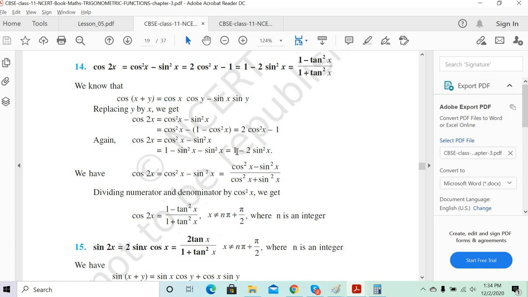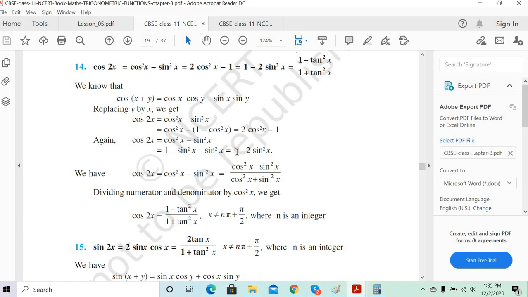See, what is the first identity you learned in the previous class? Cos square theta plus sin square theta is 1 only, no? Yes, sir. So for the denominator 1, we are just putting it in terms of cos square x plus sin square x, because that is anyway 1. But the whole goal is to convert into tan. So now you divide the numerator and denominator by cos square x, you will get it in terms of tan. Okay, sir. Any questions, any doubts in this?